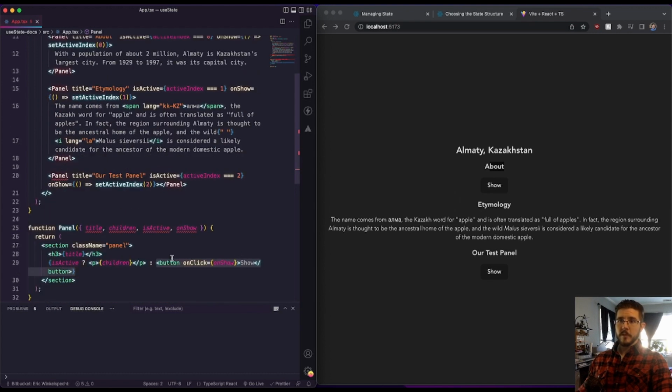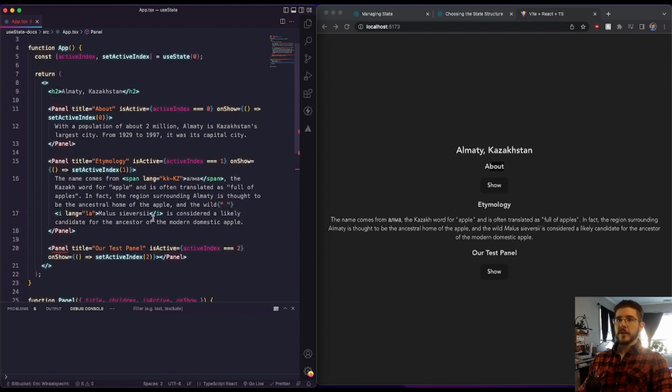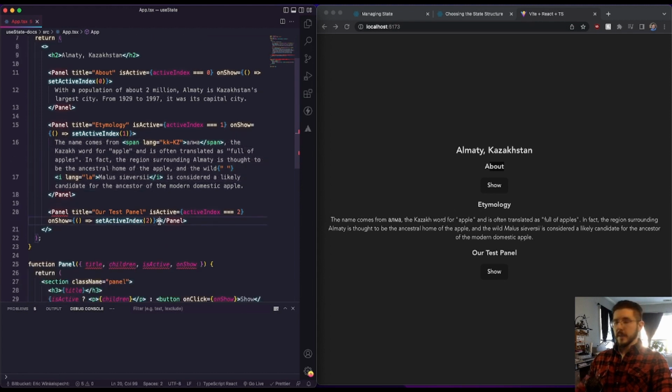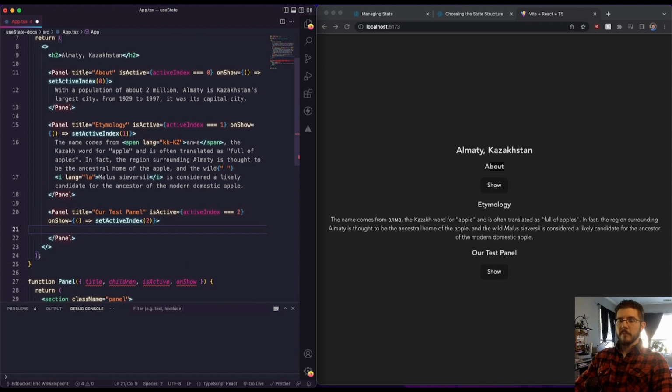So don't display children. And children here is literally just this stuff that's in between our two panels, right? That's inside of our panel component here that we're listing out this way, right? So here's children. Here's the text. Whatever we list here is considered children, right? When you've got your opening and closing brackets on your components, anything inside is children and can be passed through